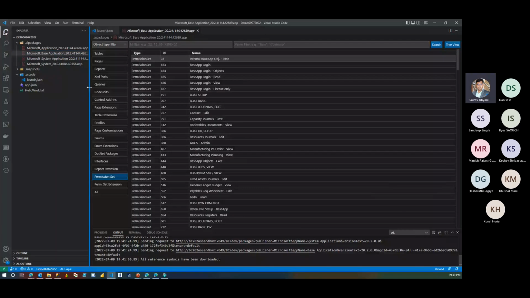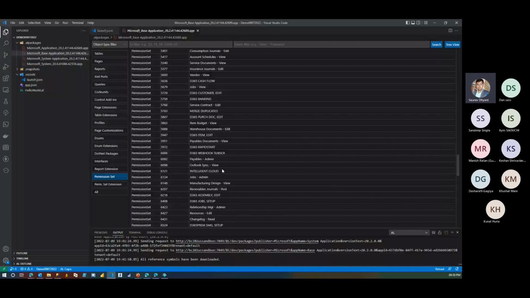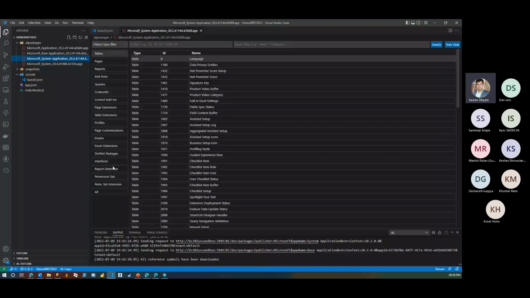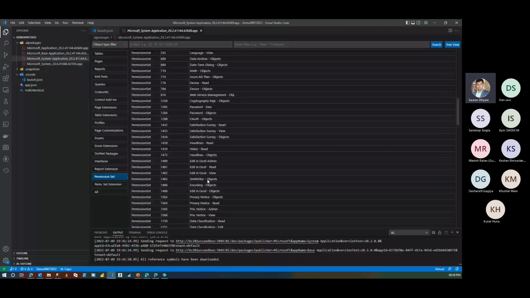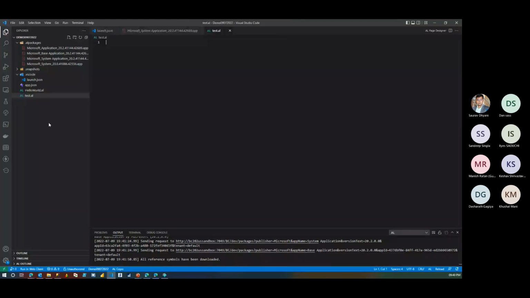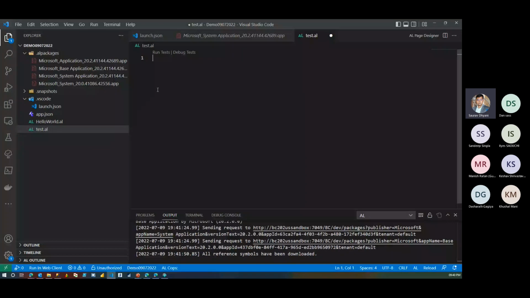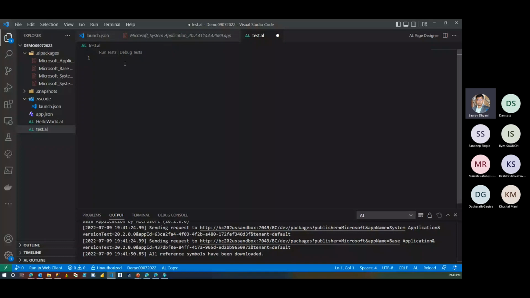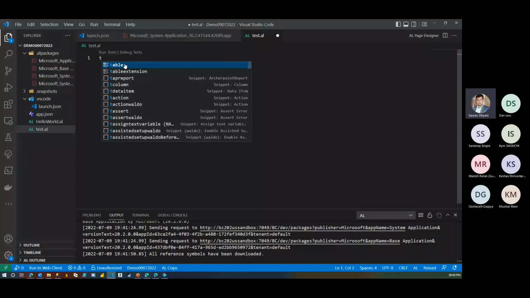These all are defined by Microsoft for the base Microsoft app. Same if there are permissions on system, they will be tagged under this. And in the same way, you can also create a new file and call this, let's say, des.pl, and you should actually create an object. If you are doing this for SaaS, then surely do it. When you are done with your extension, make sure that you have a permission set